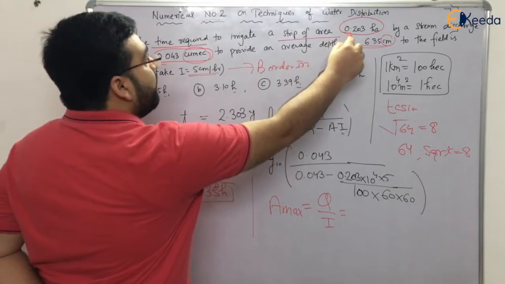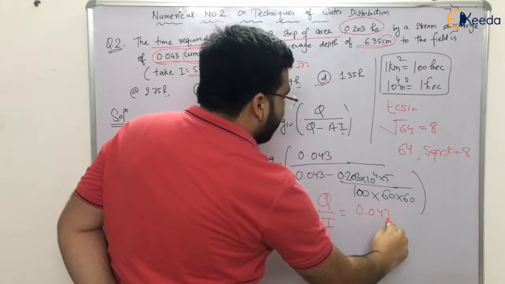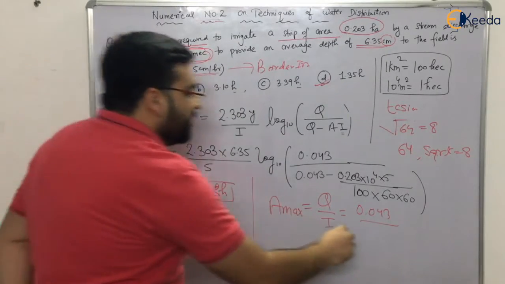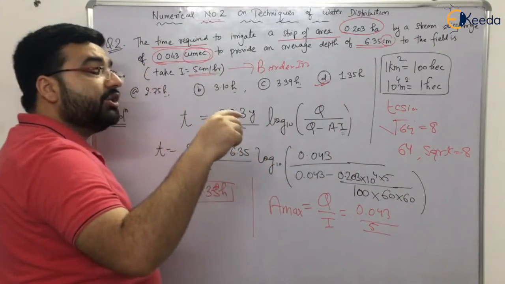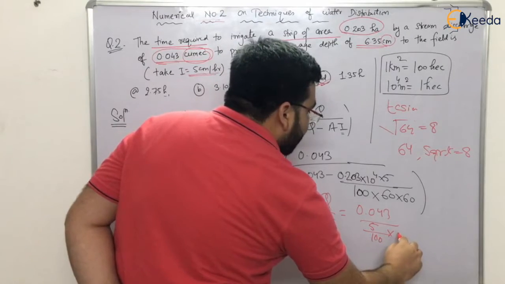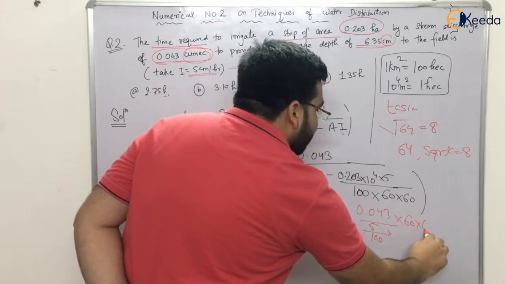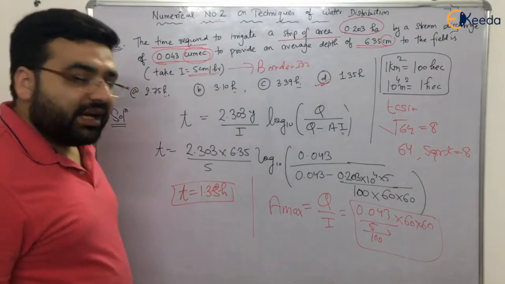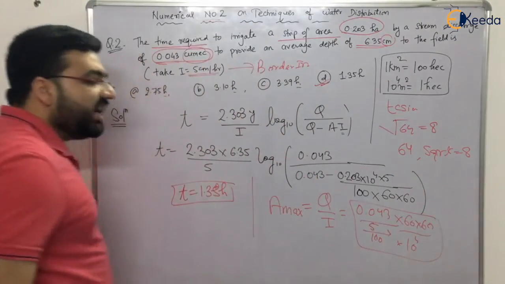So Q is 0.043. So 0.043 divided by I, the infiltration capacity, which is equal to 5 centimeter per hour. So we have to convert the 5 centimeter per hour into seconds, right? So it will be 5 upon 100 meters, into the hours will go to the numerator, into 60 into 60. So this is the area in meter square which it can irrigate easily. And if you want to calculate it in hectares, you have to divide it by 10 raised to power 4. You will get the area in hectares.